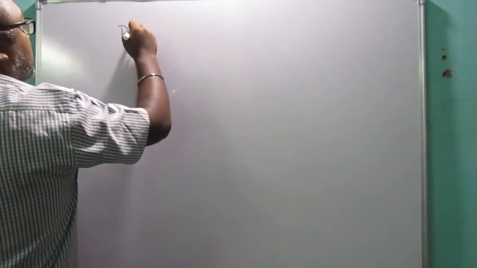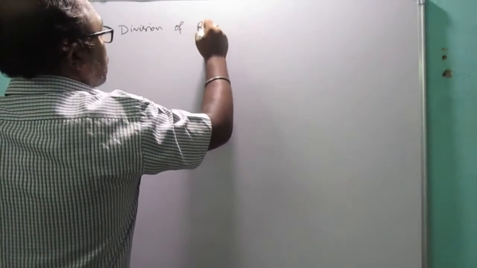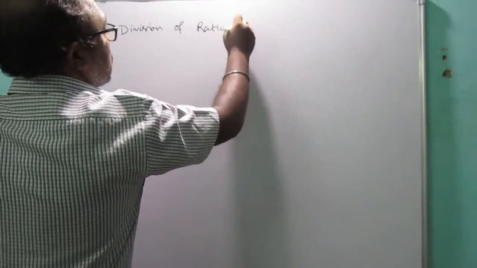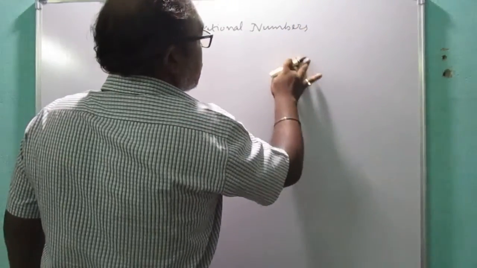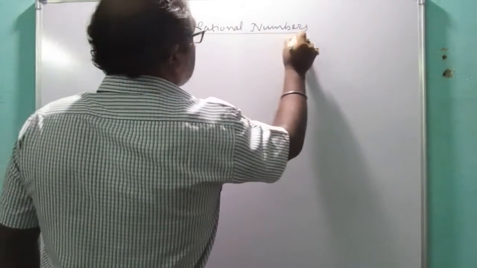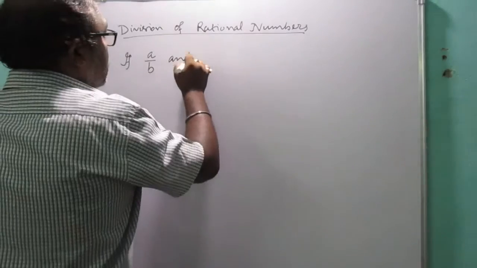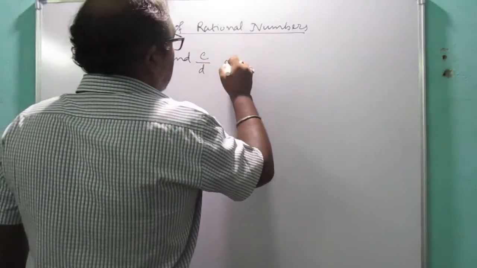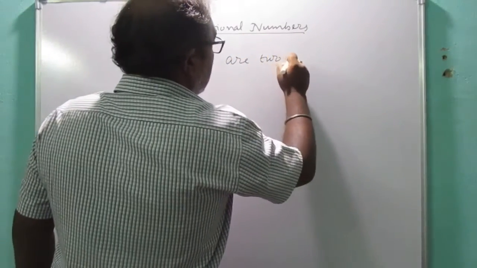Okay, good evening students. Today we will study about division of rational numbers. Division of rational numbers. So suppose A by B and C by D are two rational numbers,